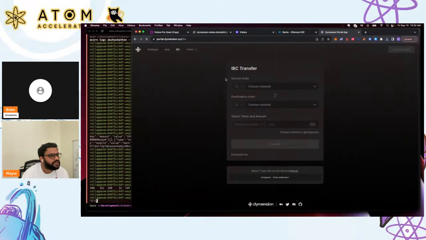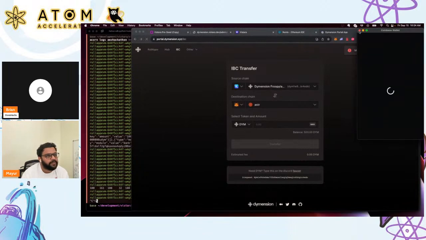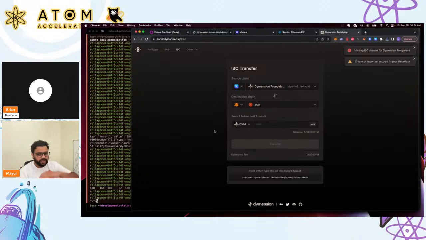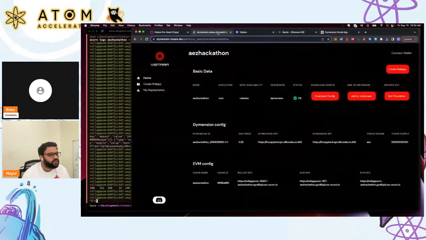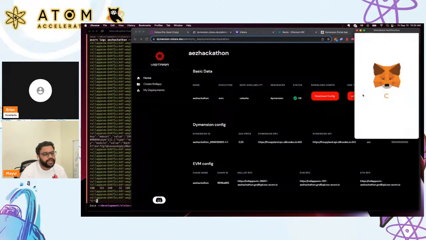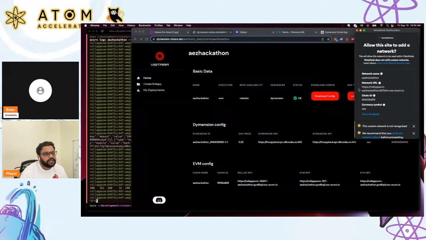And as you can see, there is IBC enablement here. You can send messages to anywhere on the IBC ecosystem. So we're not going to focus on that right now, but let's just try and deploy a smart contract onto this chain. This is the new network, a new chain we've just created.